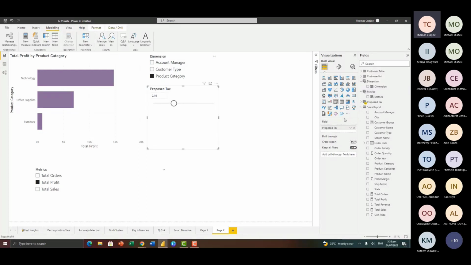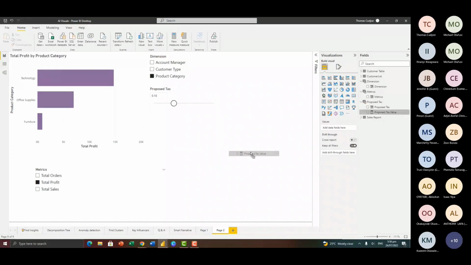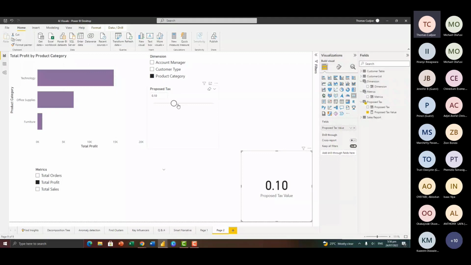Now, another thing that you see is that a new calculated table will also be created for you. And now when you expand this, you see that we have two items. We have a measure and we have a calculated column. So when you select the measure, you see that here, there's the function that we are using, SELECTEDVALUE, which is going to pick whatever a user has selected from the slicer. So if I use this on a card, you see that now the value is 0.1. And now if I change this, you see that this will also be changing. So this is to pick the value that a user has selected from the slicer.